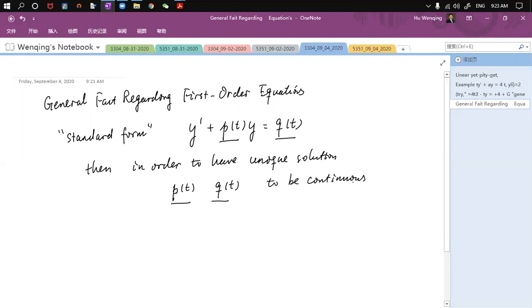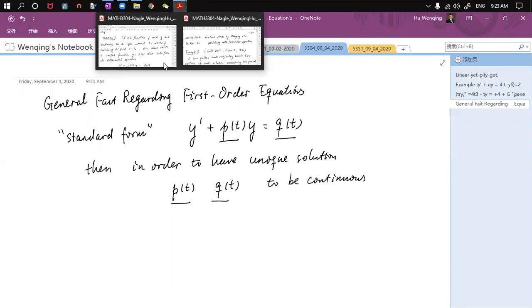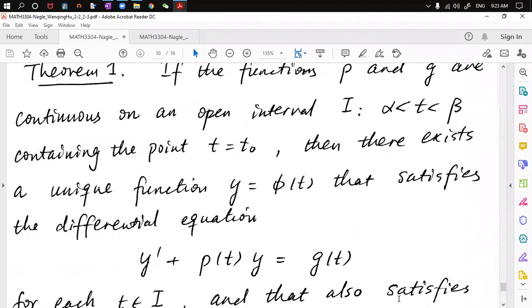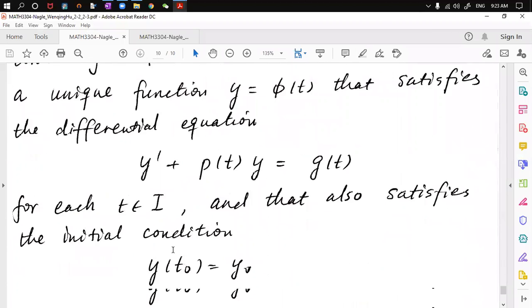So that's important. The p(t) and q(t) have to be continuous. This is like what we have been seeing here. The theorem says that if the functions p and g, where g is my q, so let's say this is g of t, are continuous on an open interval, then there exists a unique function that satisfies this differential equation with